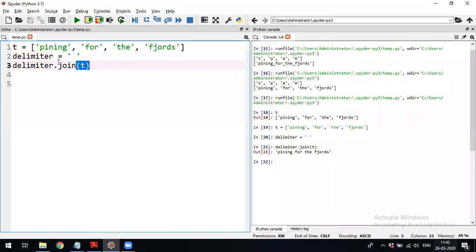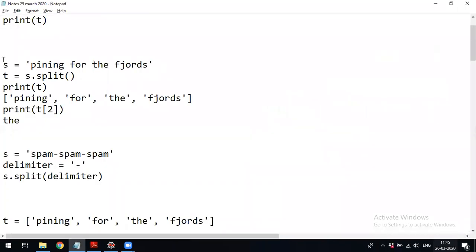This is the difference between a split and a join. The main difference is that you have to use delimiter dot join of list, but with split, string dot split, in the brackets you can pass the delimiter.